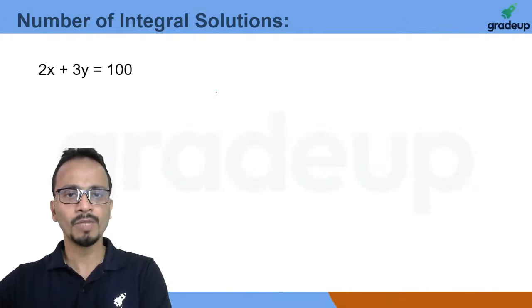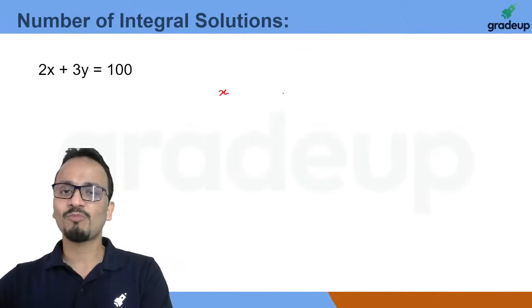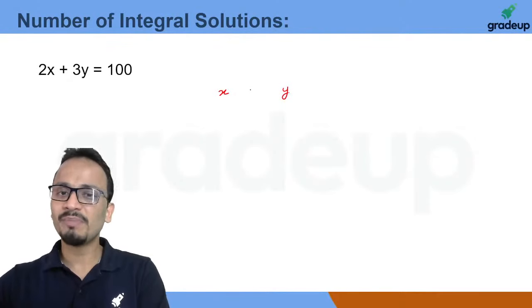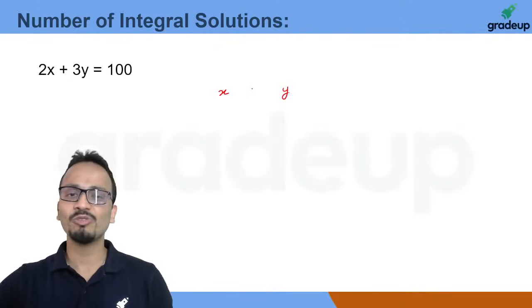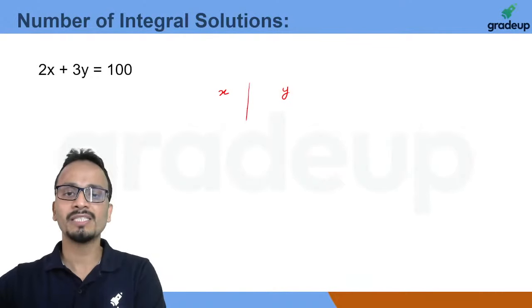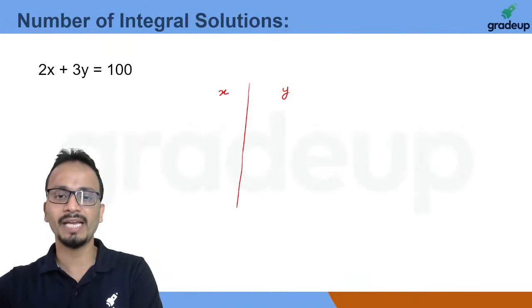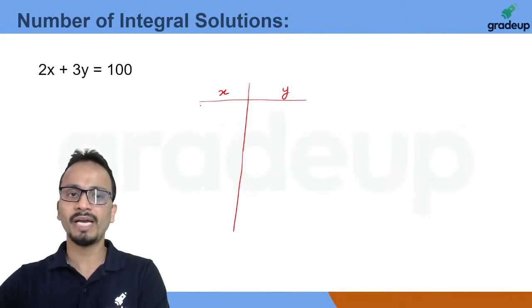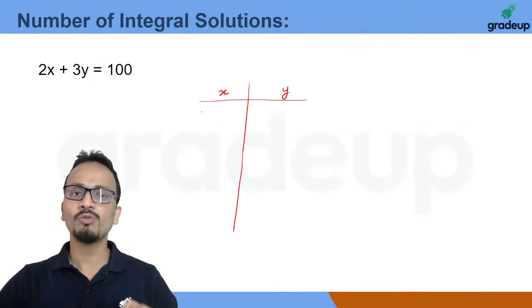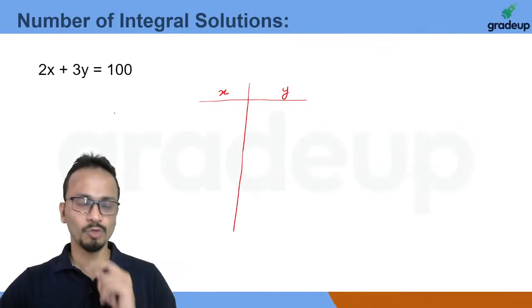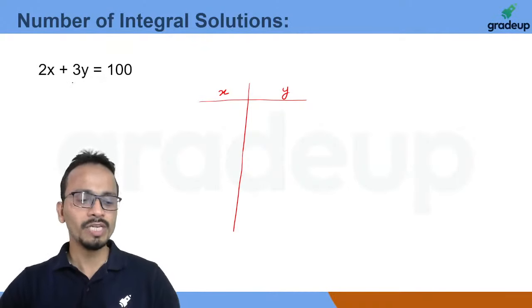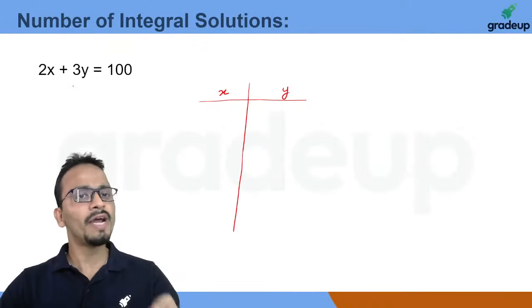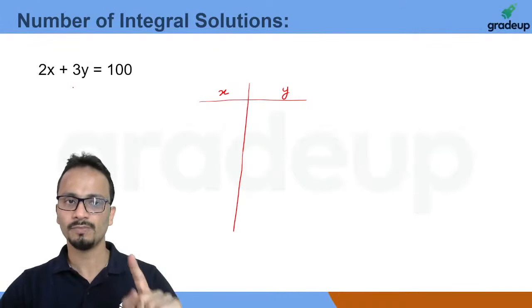One way is obviously the method of hit and trial, but using hit and trial is never a logic behind anything. So I'll explain the logic behind how to find out the number of integral solutions. For this, you just need to find out one solution,